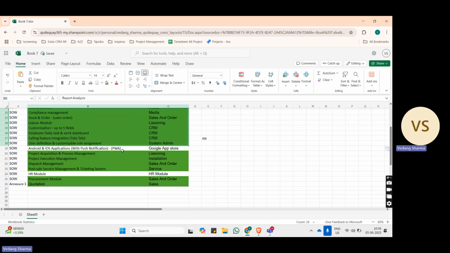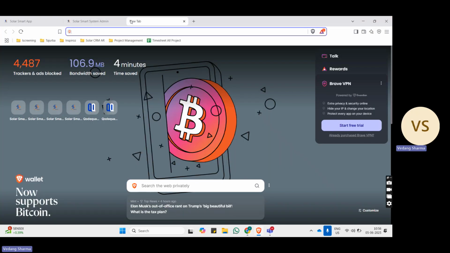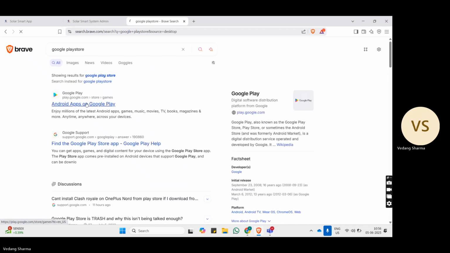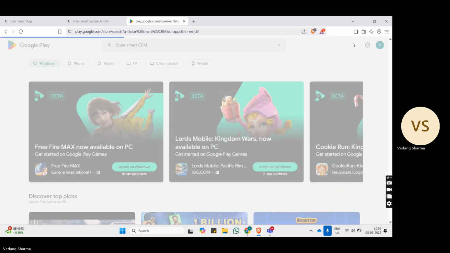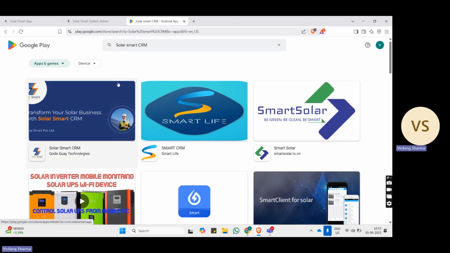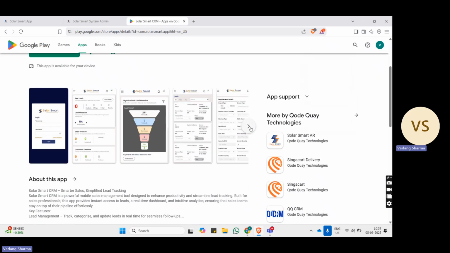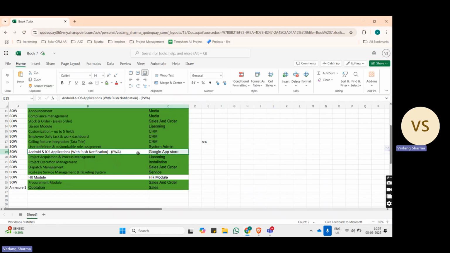There is one more part, the Android and iOS application. The application is already up on the Google Play Store. As you can see over here, the application is already live on the Google Play Store and available for use. For the iOS version, due to a server issue, we were not able to upload